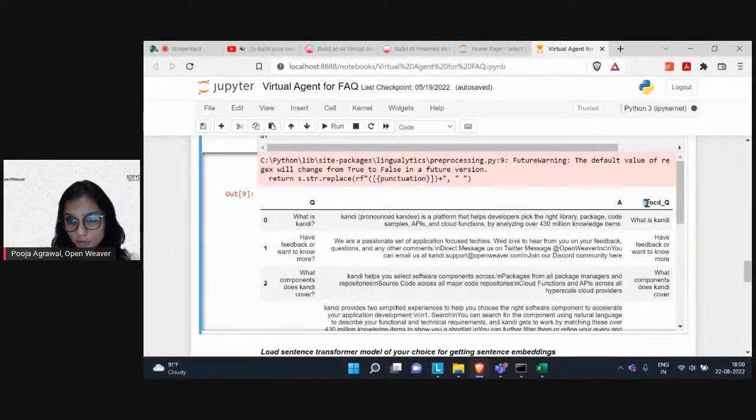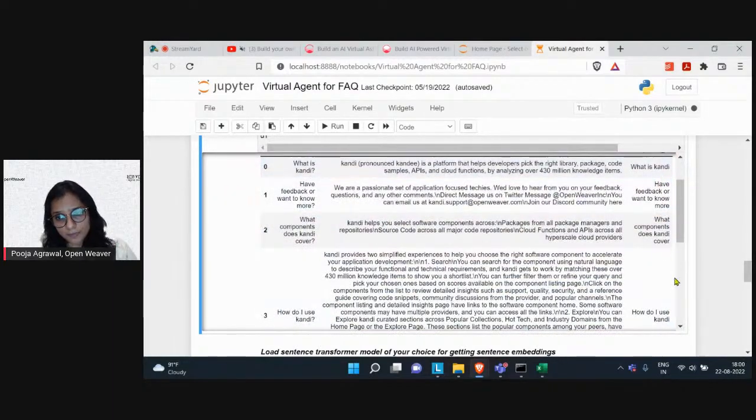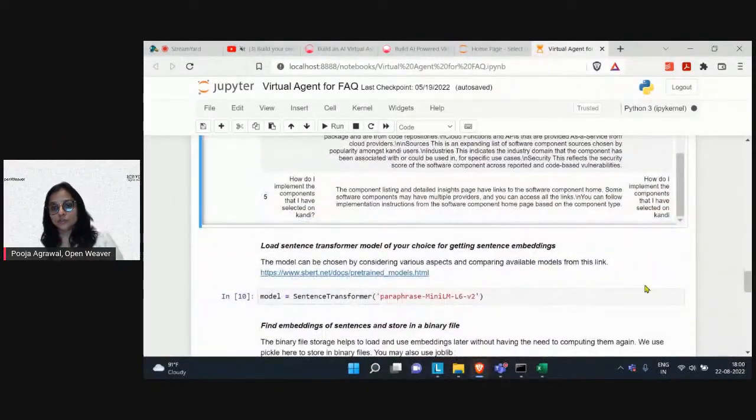This is your third column, which is your processed queue column. Within this processed queue, you no longer have any digits. Digits were also not here, but still, we have removed any punctuations. So what were your punctuations? Those were your question marks, right? These are straightforward questions. I'll also showcase another Excel, how you can just copy paste anything into this same Excel or the CSV comma separated file and create your own virtual agent so swiftly.